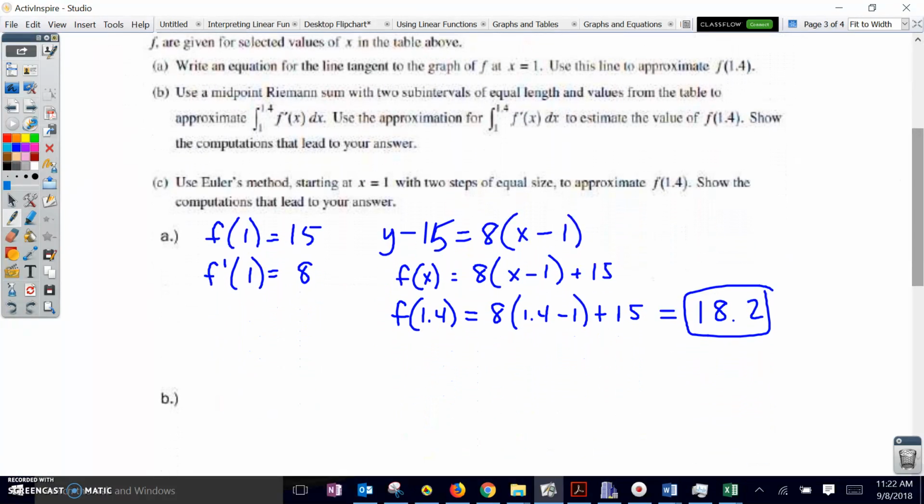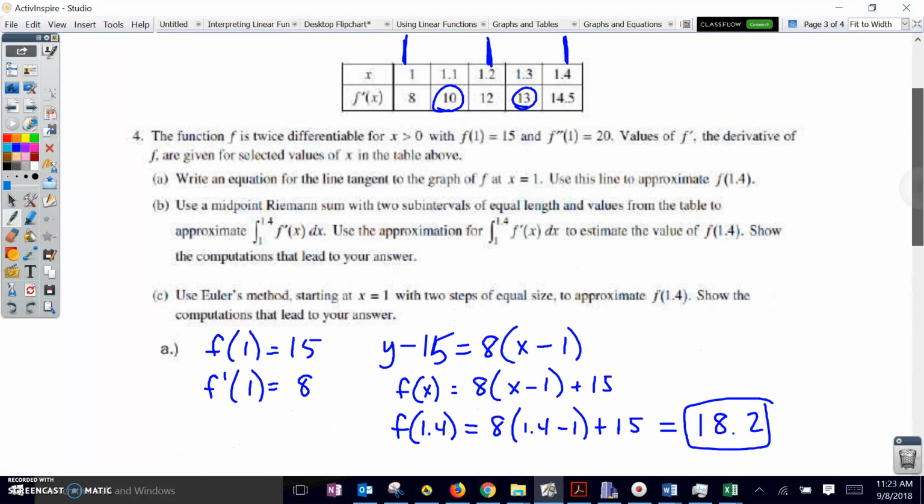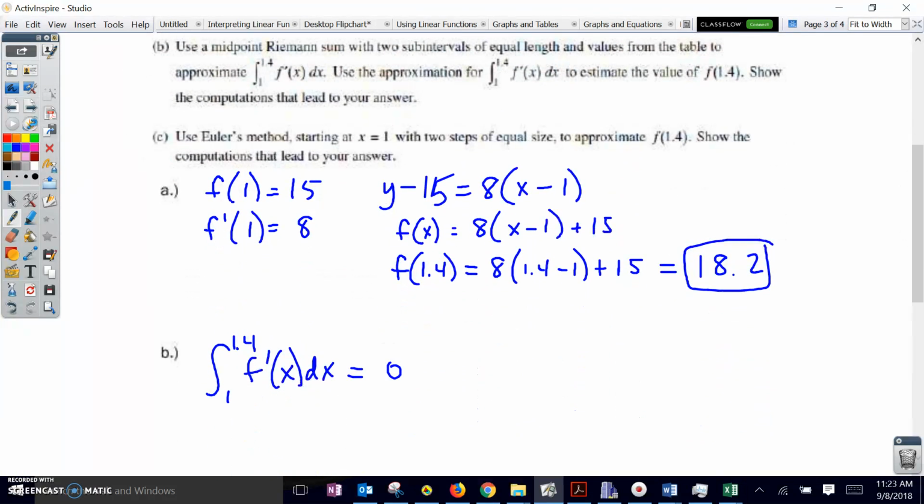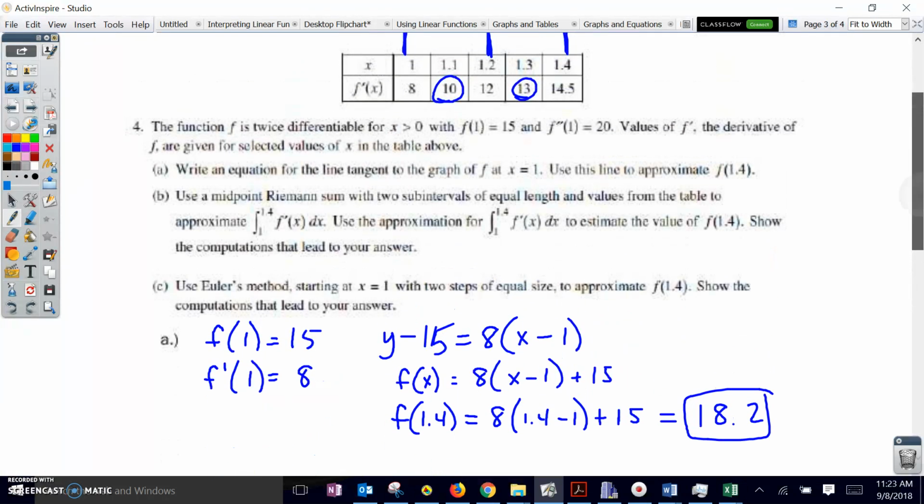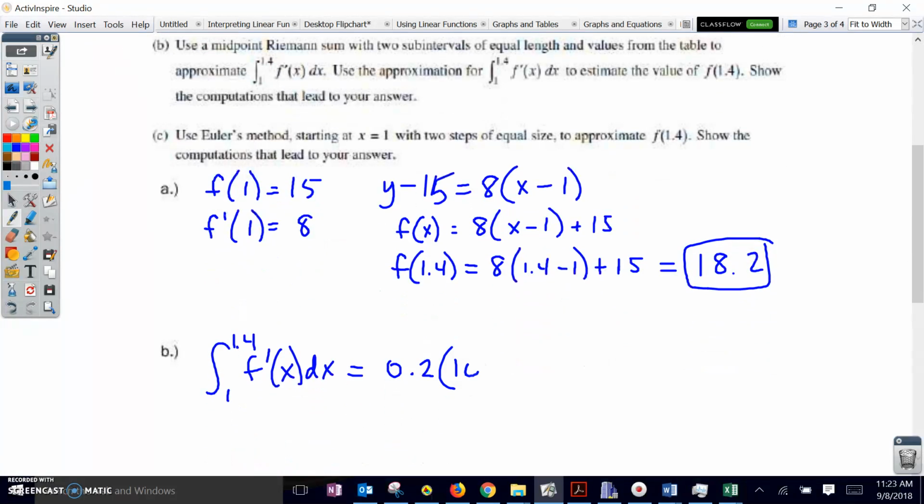we're going to approximate that the integral from 1 to 1.4 of f prime is equal to the width of the intervals, which is 0.2, and it's uniform, so I can just use a quantity here, and then the values at the midpoints, 10 and 13, and doing the calculations, we approximate that this integral is 4.6,